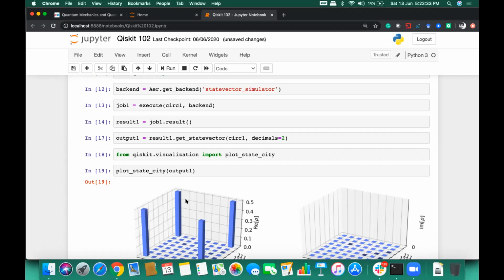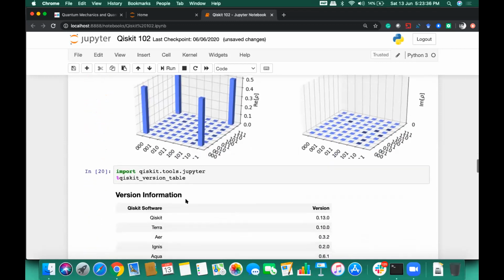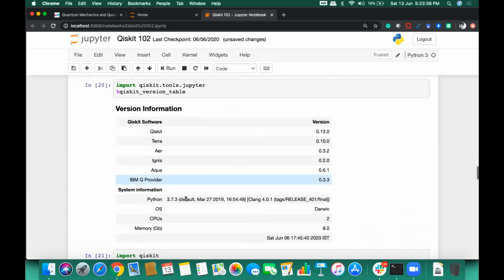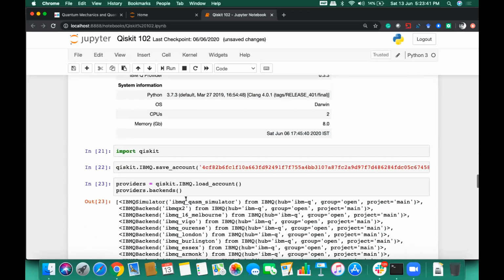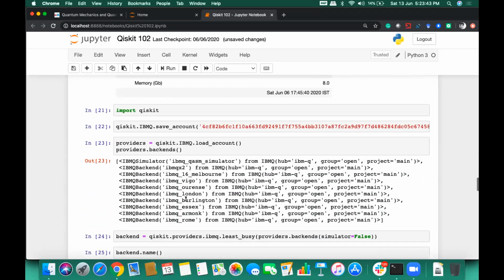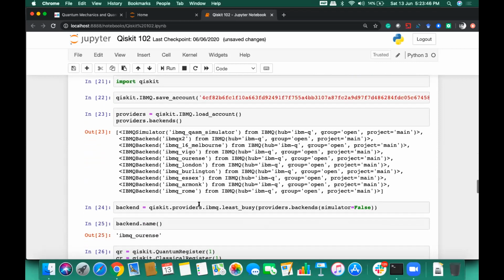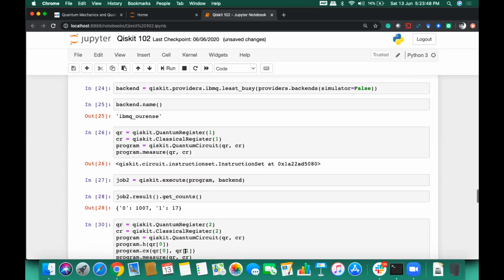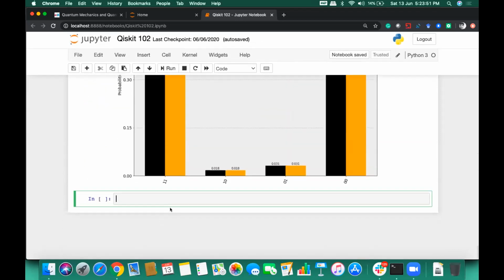While plotting the states, obviously it requires exponential resources, so we are just going to view the state of some small quantum systems, and see what different types of states are available and visualize them. The different plot states available are plot state city, which is used for the standard view of quantum states, where we will have a real part and an imaginary part of the state matrix which we are trying to plot.